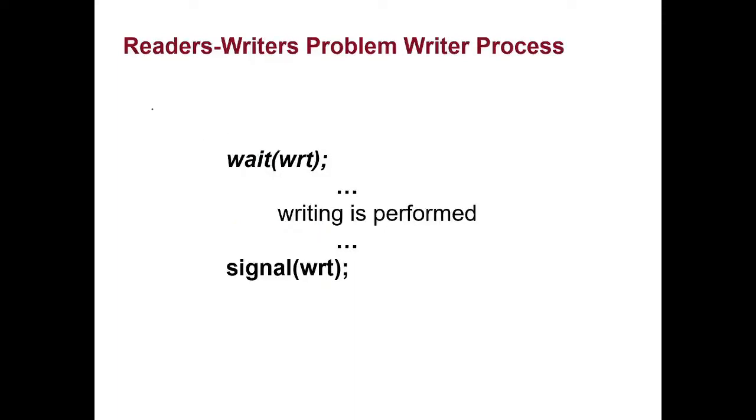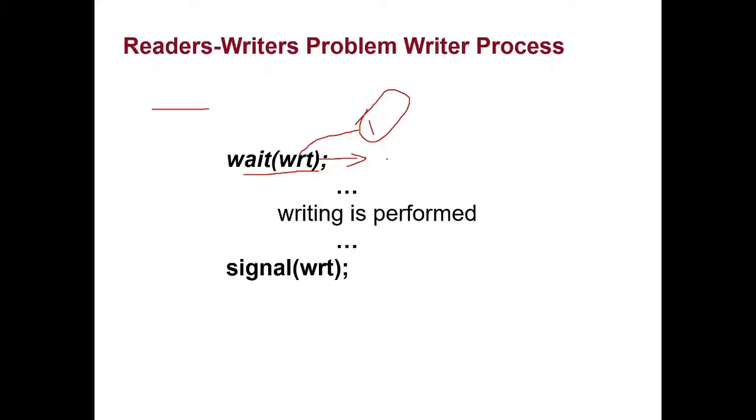So this is the algorithm for the writer process. The write variable is initialized to 1. That means it is unlocked. Now the writers can enter into the critical section. So once the writer enters,